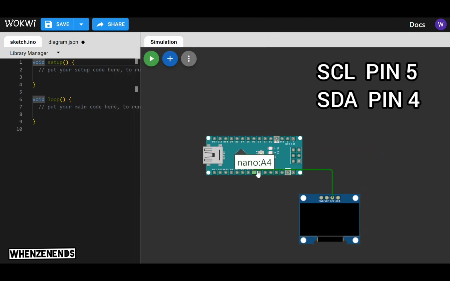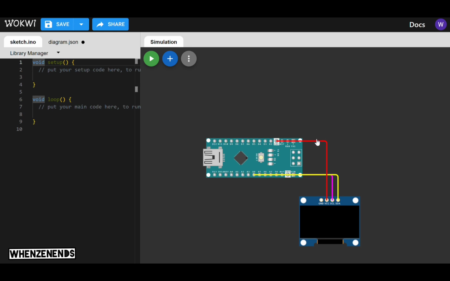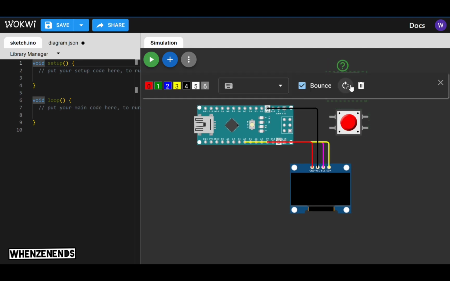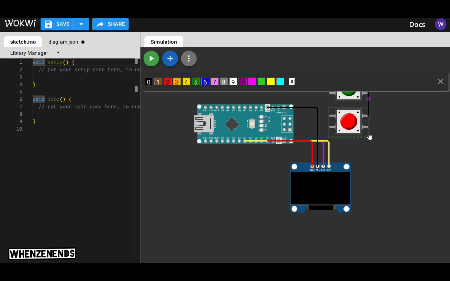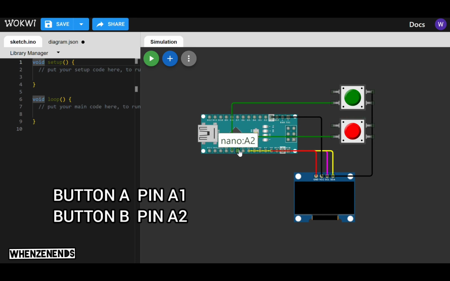Connect the SCL to pin 5 and the SDA to pin 4. Attach the ground and 5 volts power to their respective pins on the Arduino. Next, let's wire up the push buttons. Connect a common ground to the top right pin of each button. Then, connect the bottom left pins of the buttons to pins A1 and A2 on the Arduino, as shown in